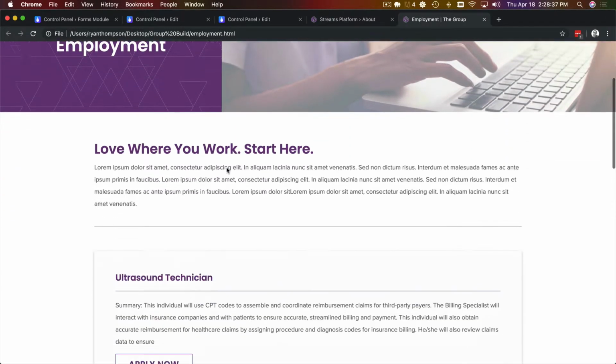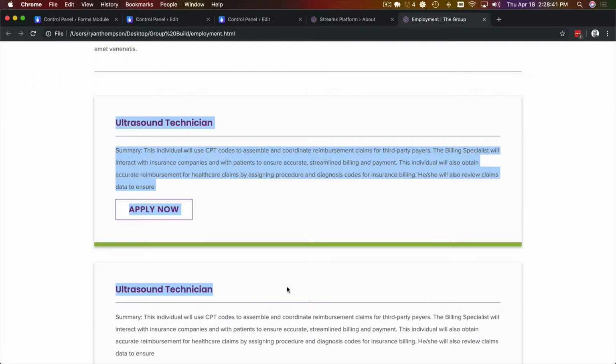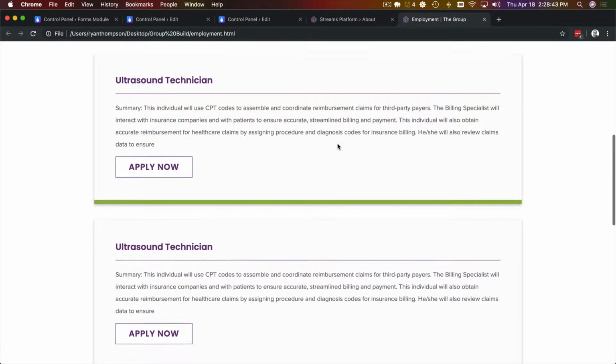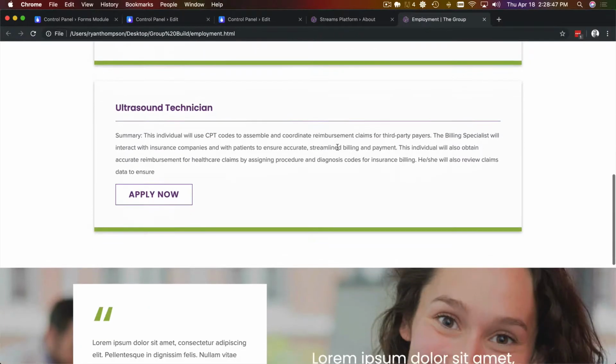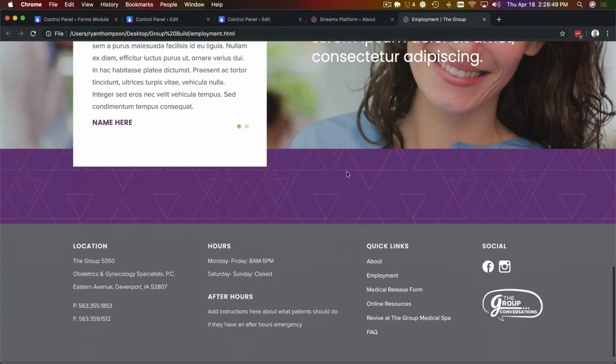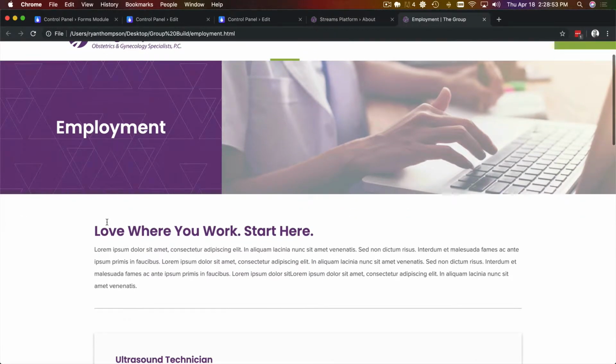We've got this banner done already. We've got a standard content block. This is their listings. It looks like we're going to just make a simple stream for that. And then the testimonial block, and that's about it on this one. So let's get started with the stuff that we already have